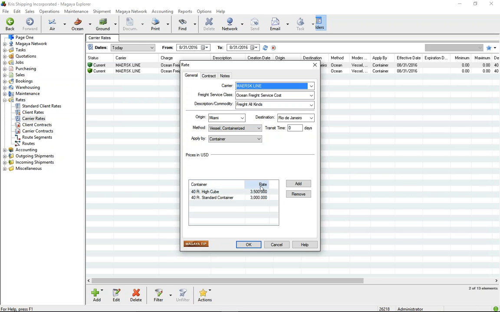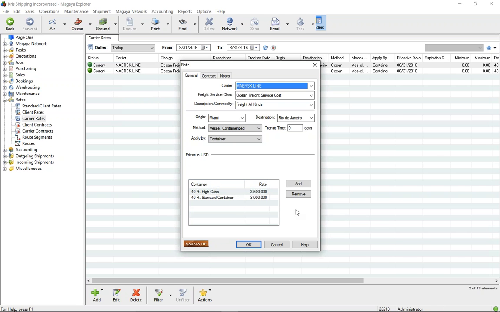So I can go by weight, for example, and different. You know what the rate record looks like in Magaya. But basically, the key is that there's a table within the record, and in that case, the table lines are what I'm actually importing. So the import format for this, if I were to import this rate, would actually contain two lines where all the other columns are identical,